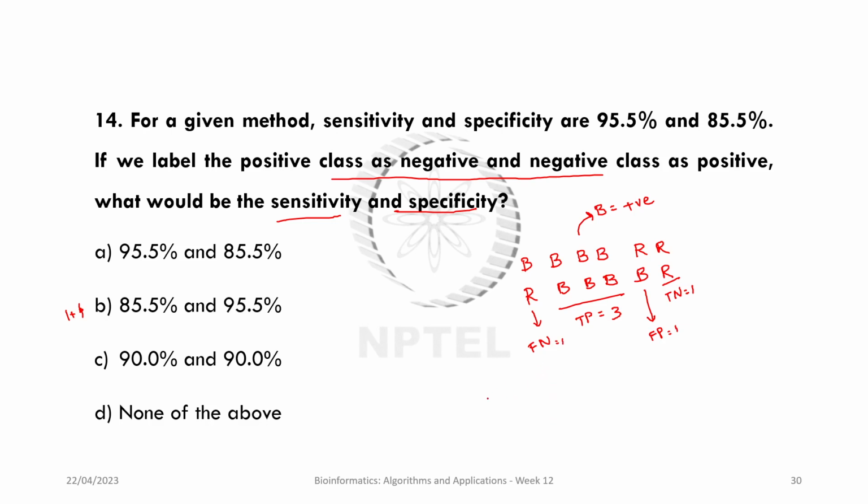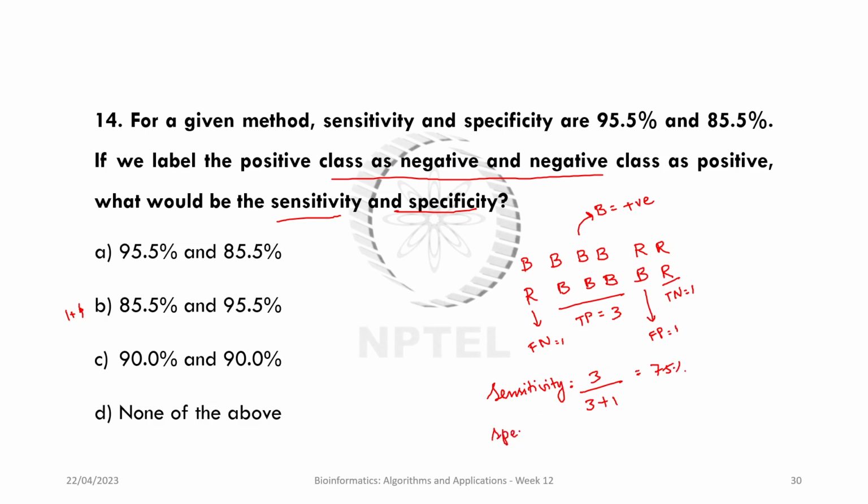So my sensitivity is equal to true positives by true positives plus false negatives. 3 by 4 is 75,